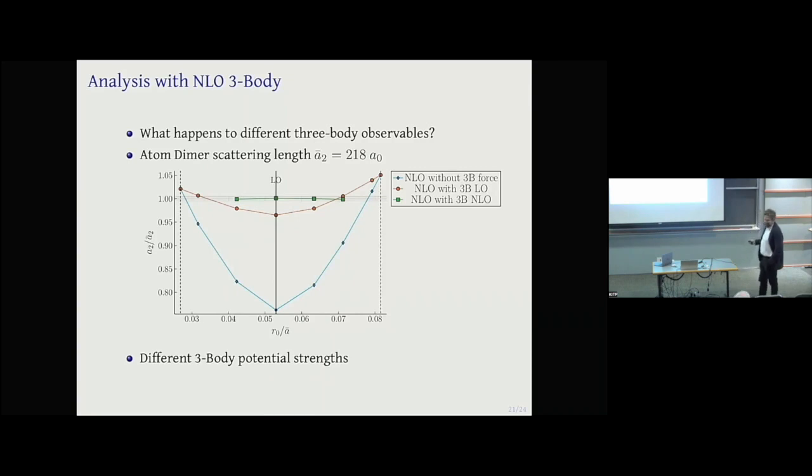The problem is that the forces are kind of a little different. And as I told you, the fitting was very sensitive. It happens that it doesn't seem possible to have a good result for both the atom-dimer scattering length and the many-body energies. So maybe this is one place where one can see that maybe there is also a four-body force, and the two are present at the same time.